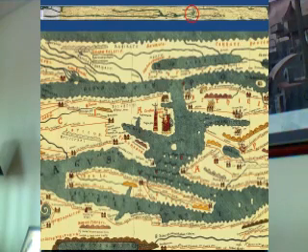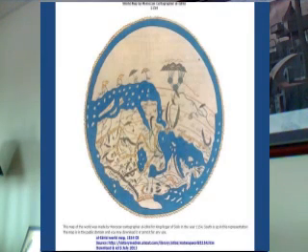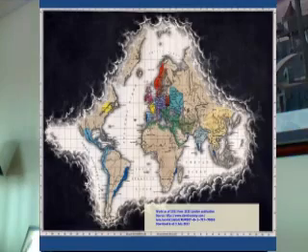We can get a better feel for how flattened the map is by comparing it to a modern map showing the extent of the Roman Empire on a modern map. An Arabic map seems very odd to us because south is toward the top of the map, whereas we're used to thinking of up as north. Other maps from still later are interesting because they show an awareness that people's knowledge of the world was limited, that there were parts of the world that people knew must exist, but about which they had no details. One way of representing that was to draw clouds that covered those areas. Pretty clever in my mind.